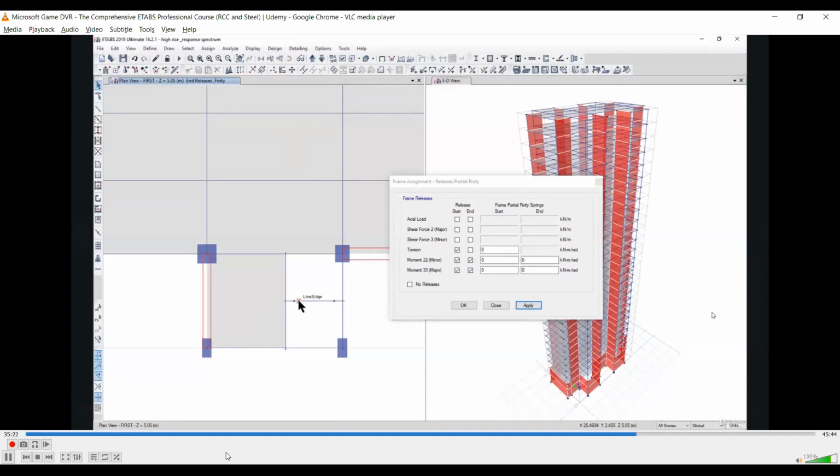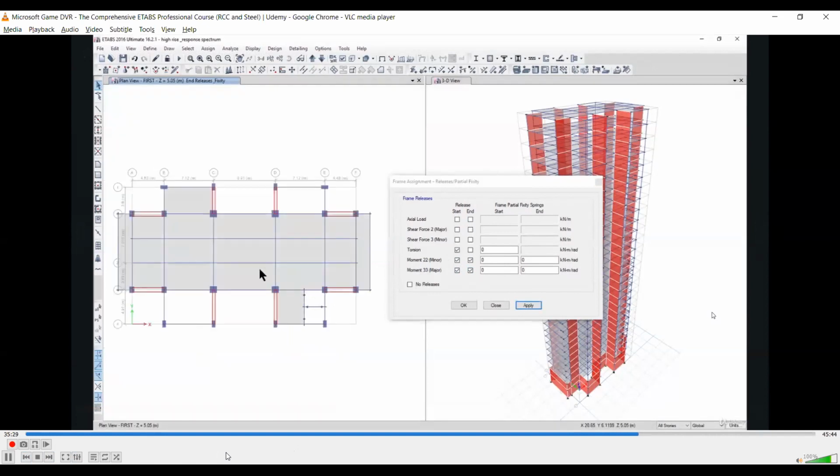These two circles will be formed, that is the beam is now simply supported. Same will be the case for this beam, as this beam is resting on this beam and this beam. Now we need to understand about this beam. So reinforcement will be continuous for this beam from this point to this point, and a main junction will be formed on this point only, not on this point, as moment will be transferred from this beam to this beam.